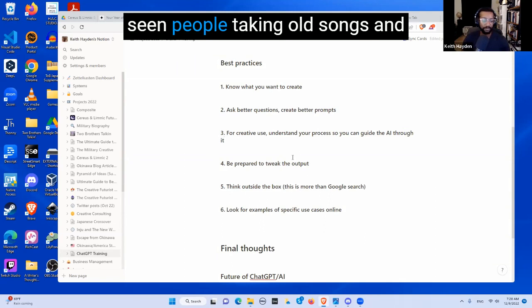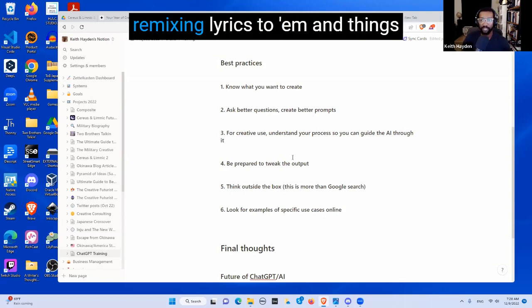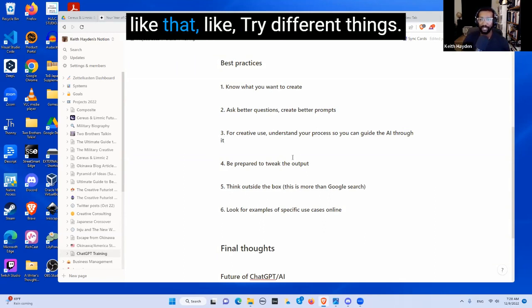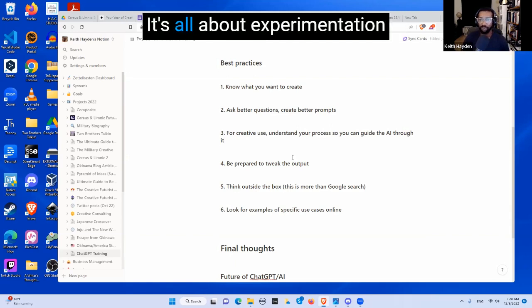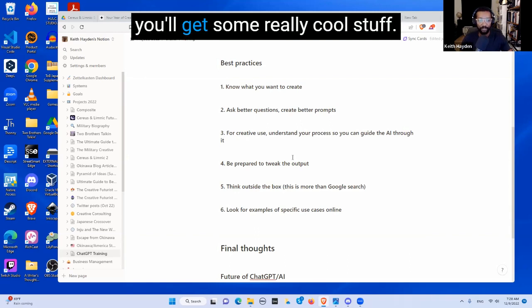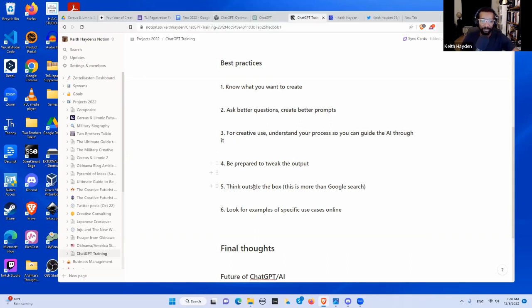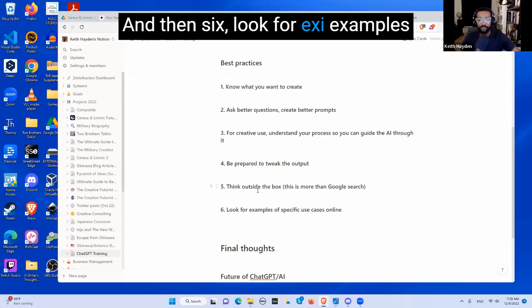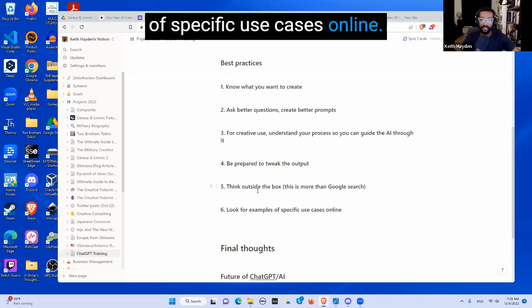I've seen people taking old songs and remixing lyrics to them and things like that. Like, try different things. It's all about experimentation at this point. So think outside the box and you'll get some really cool stuff. And then 6, look for examples of specific use cases online. There's a lot of people, I've seen people use this to write a whole